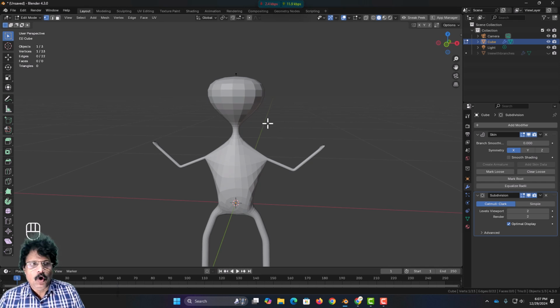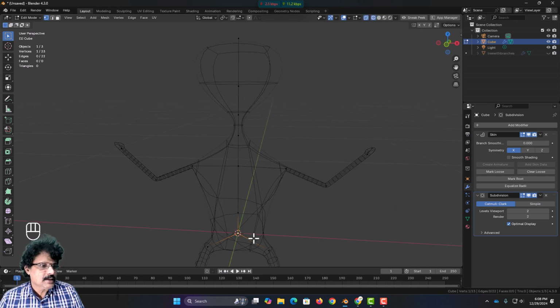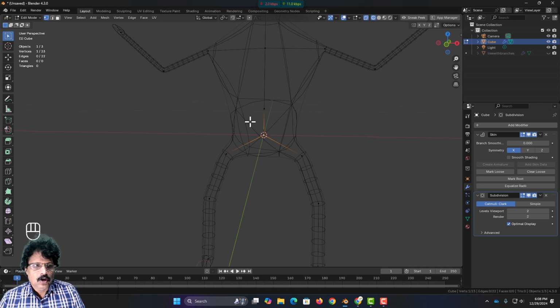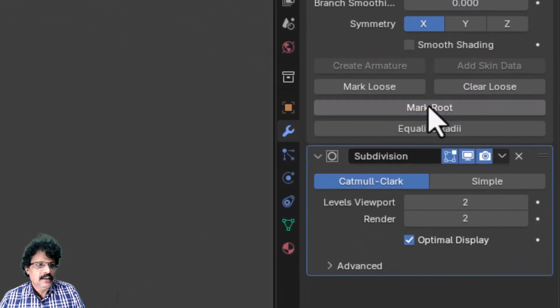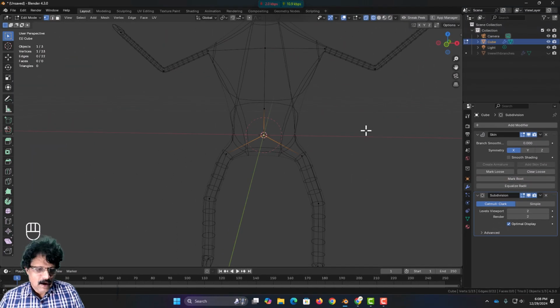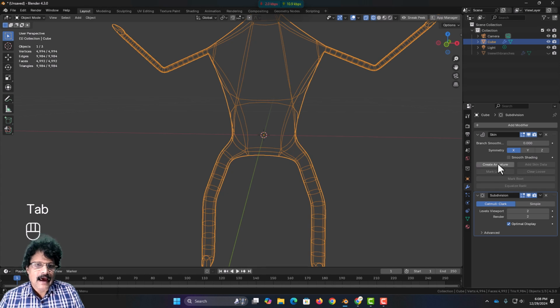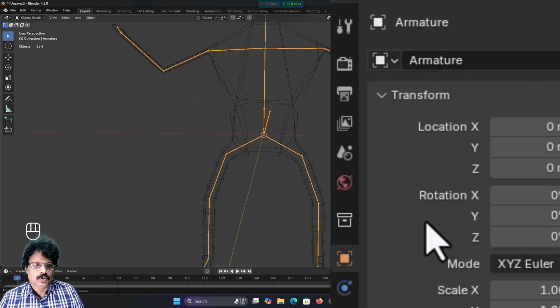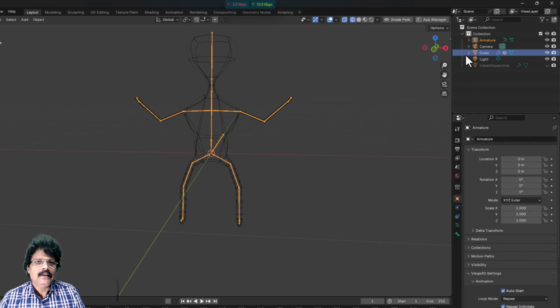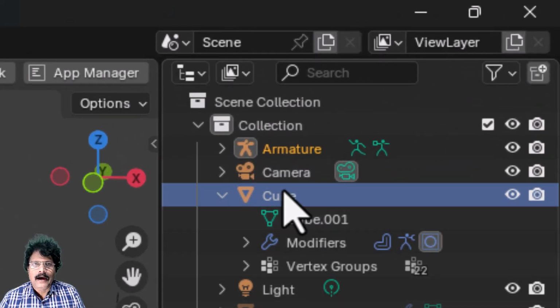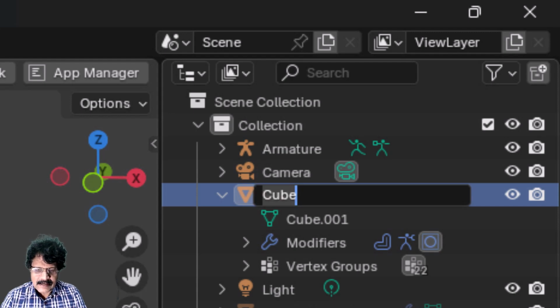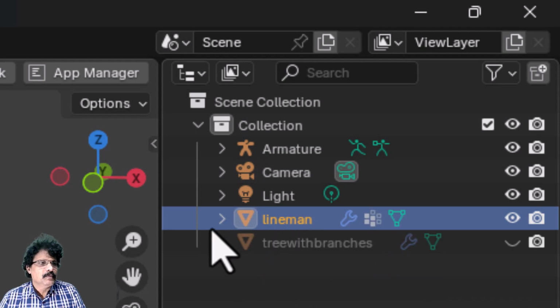Say for example, I want this structure to animate, means press tab and come into the wireframe mode, select the vertex which is at the center, because this should be the root of my armature. So, I will select this and see that it is marked as root, and then I will press tab and click on create armature. So, now what happened is you have an armature added to this cube. I am now going to call this cube line man, and then